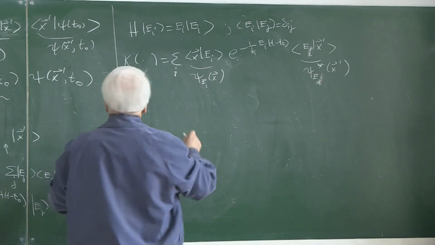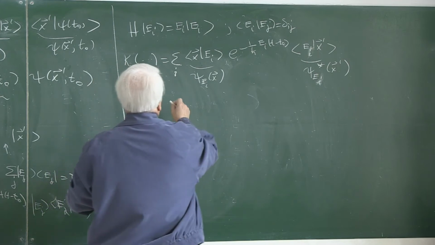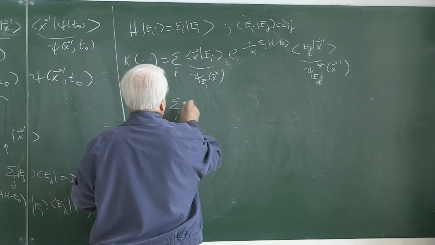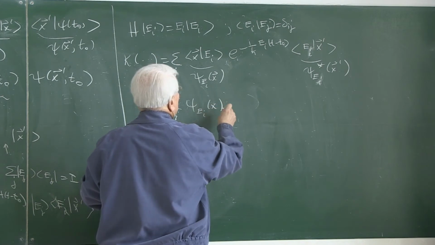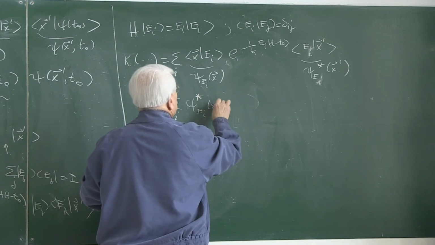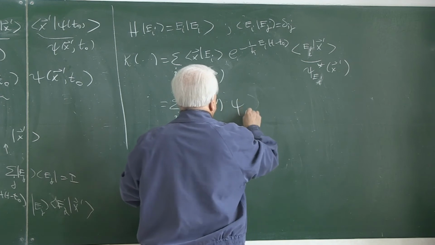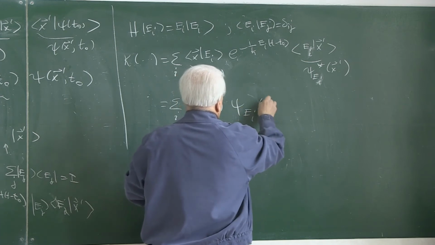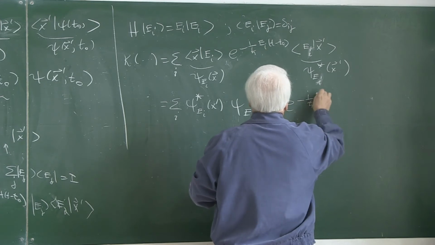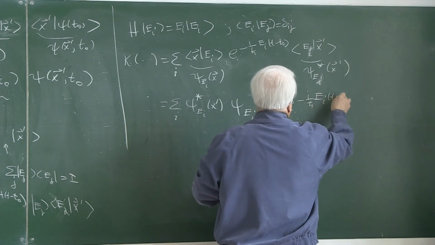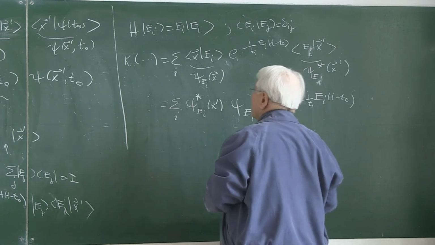So what do I have then? I have the following: psi_{E_i}(x) e^{-(i/ħ)E_i(t-t0)} psi_{E_i} star(x'),